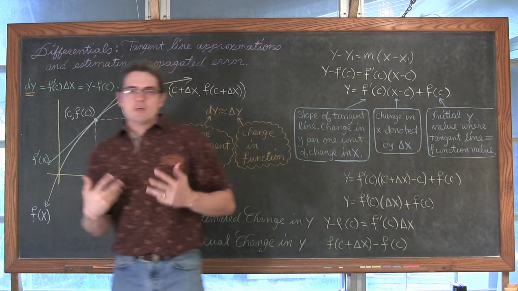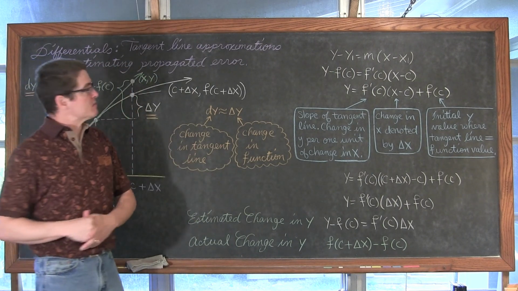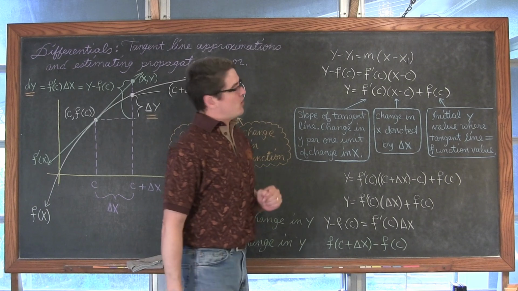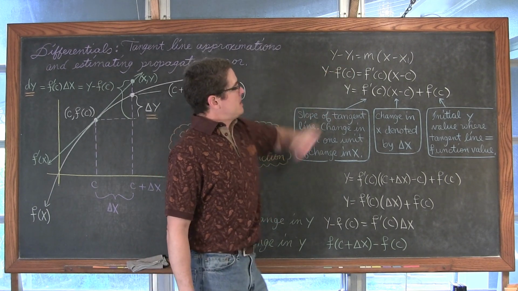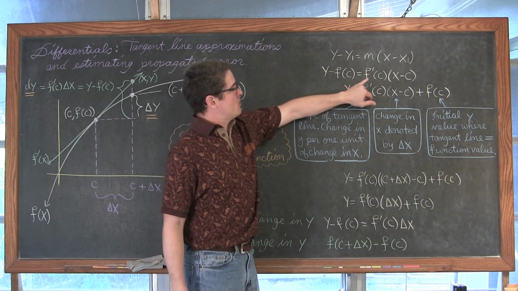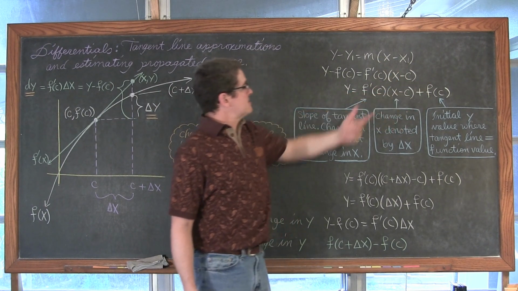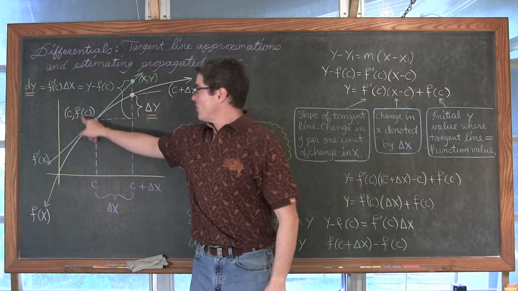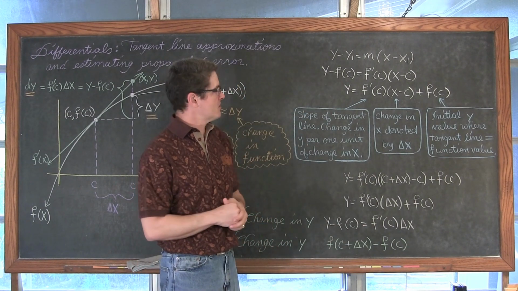So, tangent lines. We set these up using the point-slope form of a line that we learned back in pre-algebra or algebra 1. So we have y minus y sub 1 equals m times x minus x sub 1. Using the point of tangency that we have in this diagram, we have y minus f of c equals f prime of c times x minus c. I've basically taken this x and y value from this point and come up with the equation of the tangent line, at least in general terms.